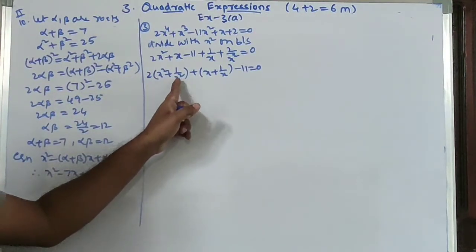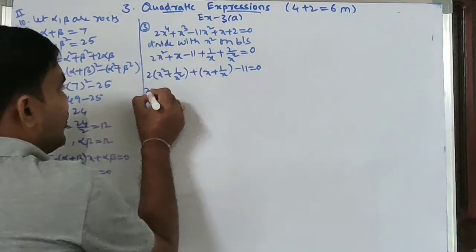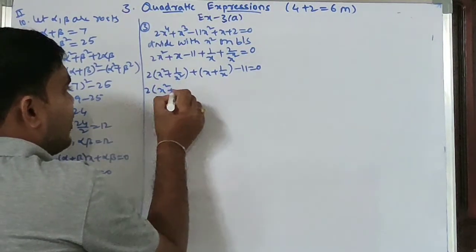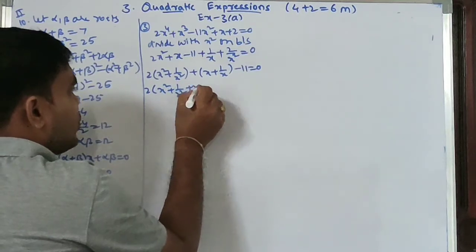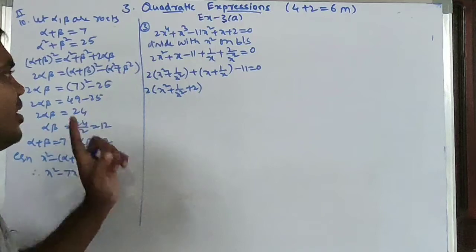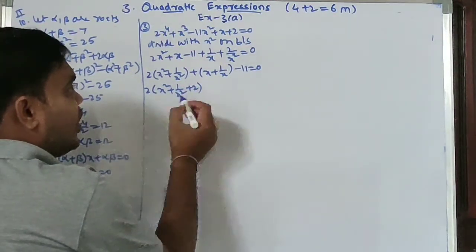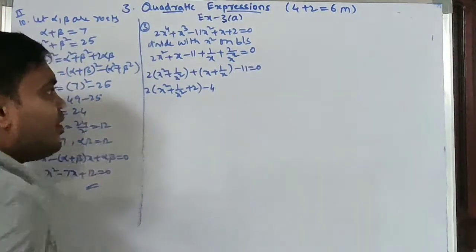So observe this one, a square plus b square, here the 2ab term is missing. So that's why I am writing x square plus 1 by x square plus 2. 2 into x into 1 by x, the x and 1 by x cancel. Actually, how much are we adding? 2 into 2, 4 we are adding. So that's why I am subtracting 4.